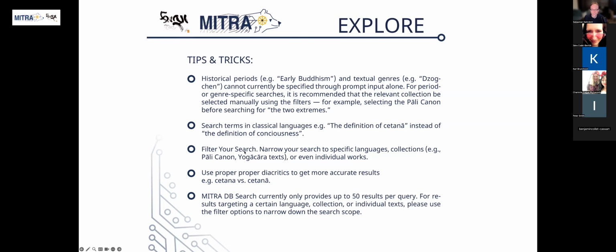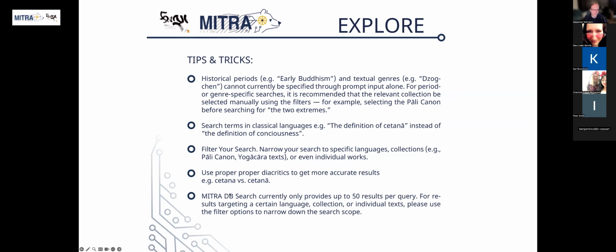Filtering the search is very important, and we got feedback in the past that some of our users were a bit overwhelmed by the fact that Explore and Deep Research gather results from all over the place. But that's to be expected. If you are not narrowing down the search to specific sections of the canon, it's very likely going to try to find something relevant from everywhere, and that obviously can be overwhelming. While the system is able to function without diacritics, if you add proper diacritics, it will improve the quality.